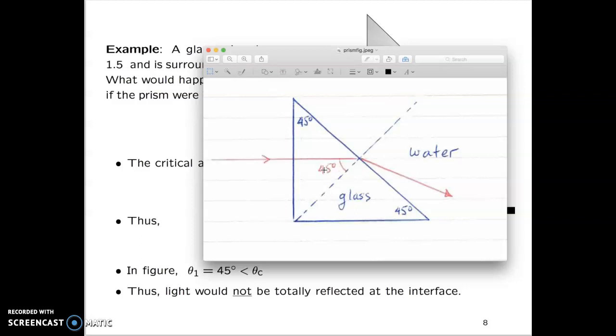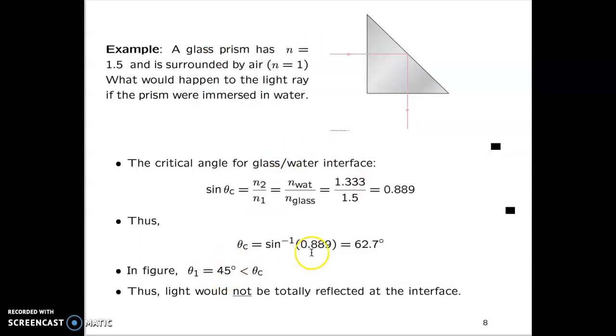And it's only if this angle, the angle of incidence, exceeds the critical angle, that you will not get what you have here, which is refraction. Light actually does manage to go from the glass to the water. If this angle exceeds the critical angle, then light will completely reflect and you'll get no light refracting into the second medium. Now we've just calculated here that the critical angle for the interface between water and glass was 62.7